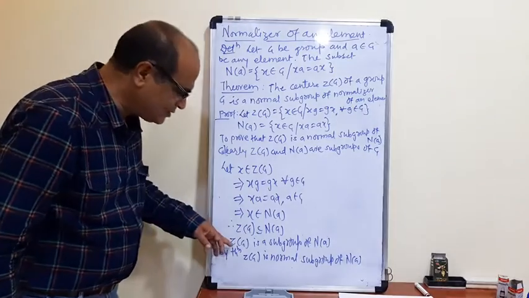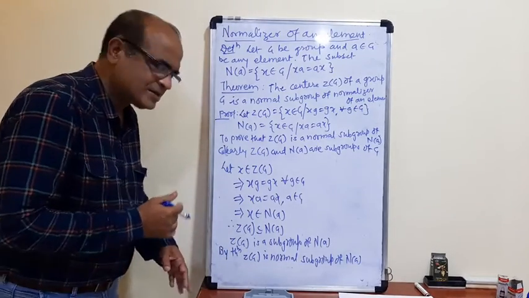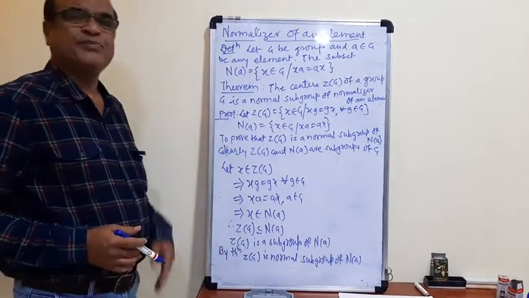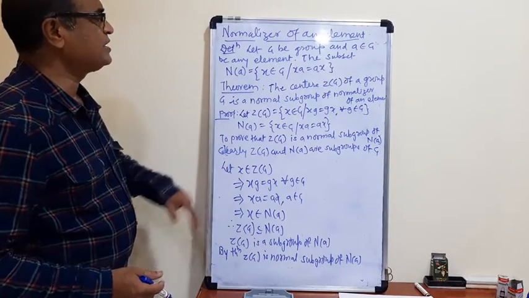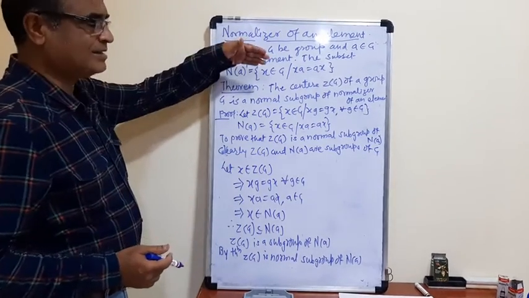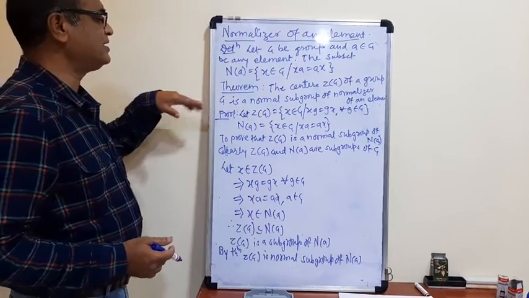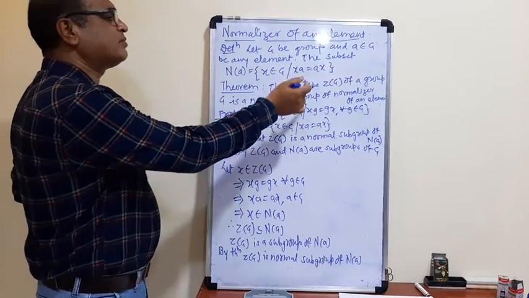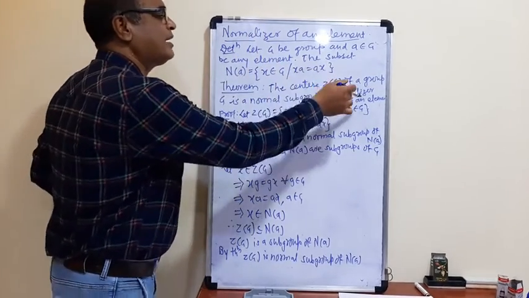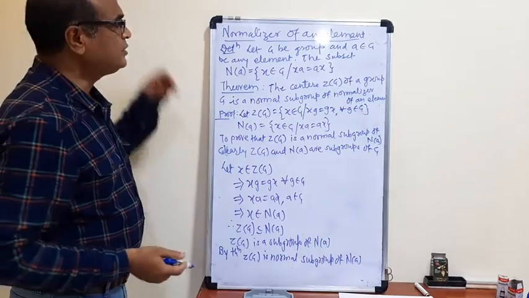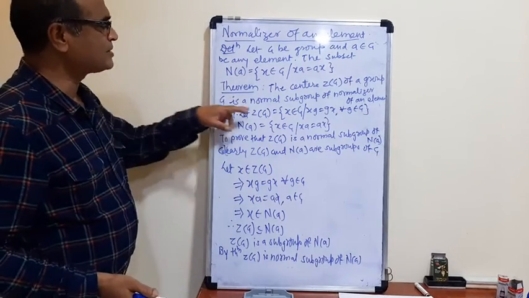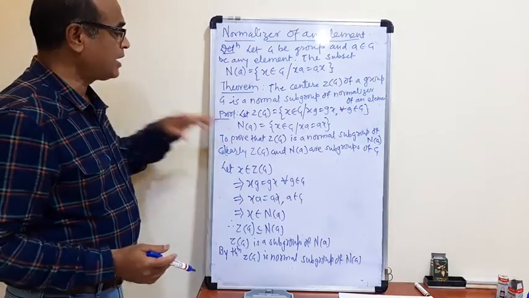So by using the previous theorem, the proof is very simple here. We prove this theorem: the center ZG of a group G is a normal subgroup of the normalizer of an element. Okay, so you remember the definition of a center of G and